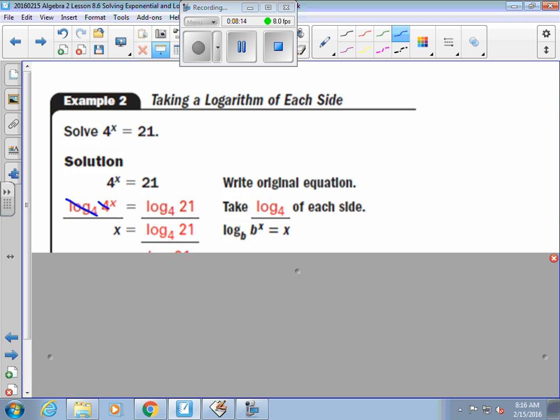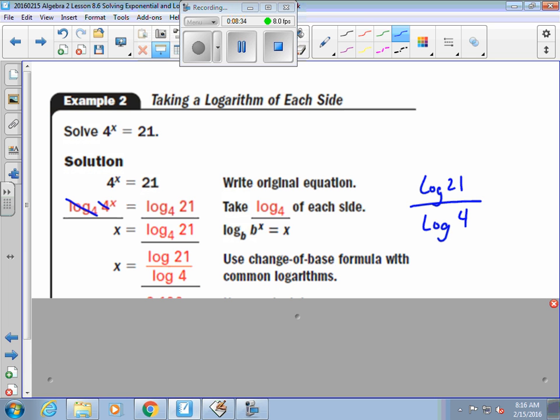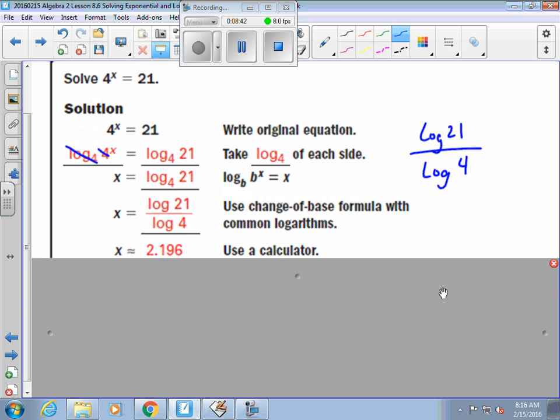Now, just like the bell work, we have two things again that there's no root that they share, but it's simply written as log 21 divided by log 4. Remember, whatever the base is goes at the bottom. So this is the change of base formula. Log 21 divided by log 4. And again, you're going to get a decimal equivalent, which is